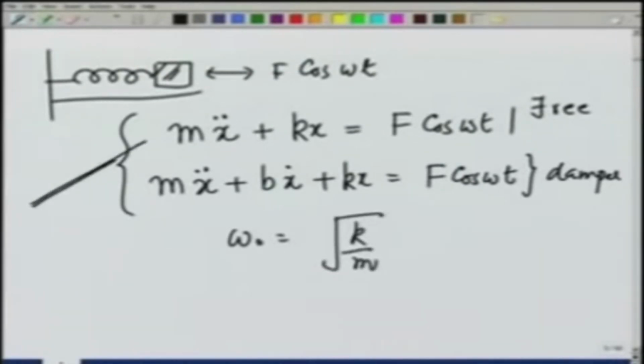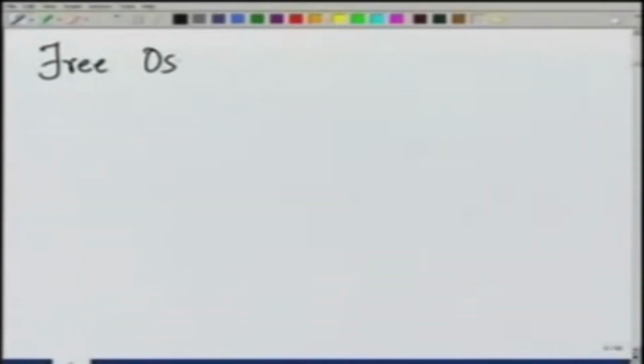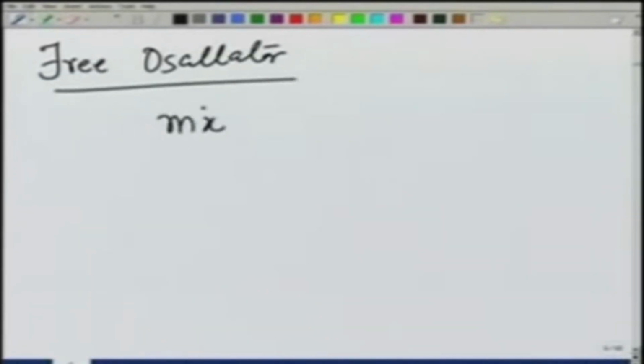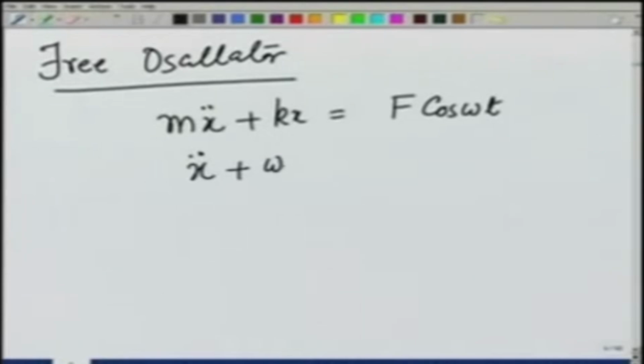Let me first discuss the case of a free oscillator, because this will bring out the phenomenon of resonance. For a free oscillator, the equation is m x double dot plus k x is equal to F cosine of omega t, which I can rewrite by dividing by m as x double dot plus omega 0 square x is equal to F over m cosine of omega t. This is an equation which has a homogeneous part